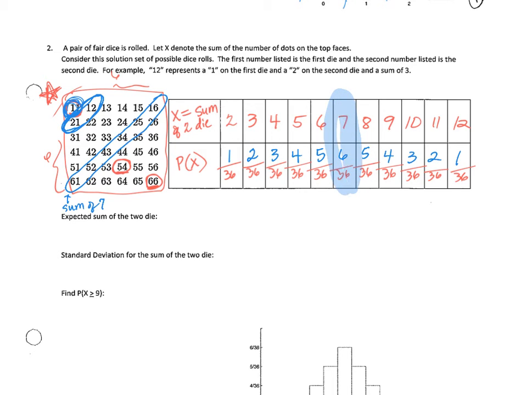7, because it occurs the most, 6 out of 36. Now, have you ever played or learned how the game craps works in a casino? Anybody? Let me tell you how it works real quick. There are lots of people around a big oval table, and they place bets on the number that's going to occur whenever 2 dice are rolled.